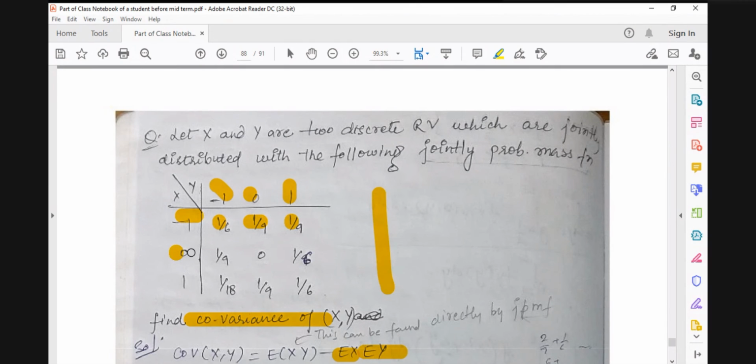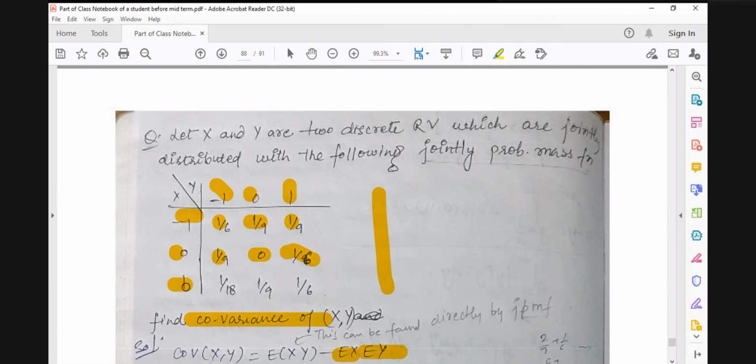And then you go for 0, 0 multiplied to minus 1, and then this 0 multiplied to 0, and then this 0 multiplied to 1, and into this, because this is the probability when x equal to 0 and y equal to 1,